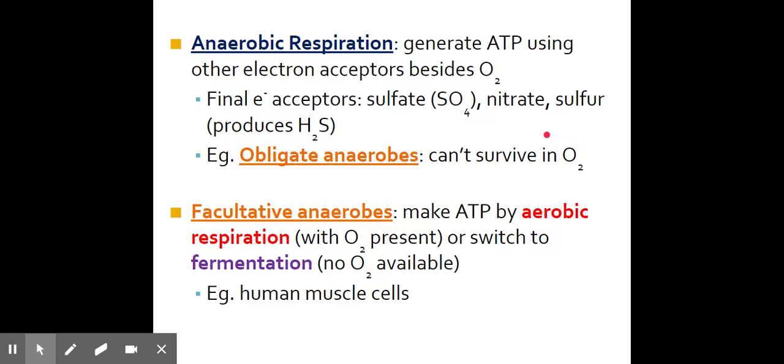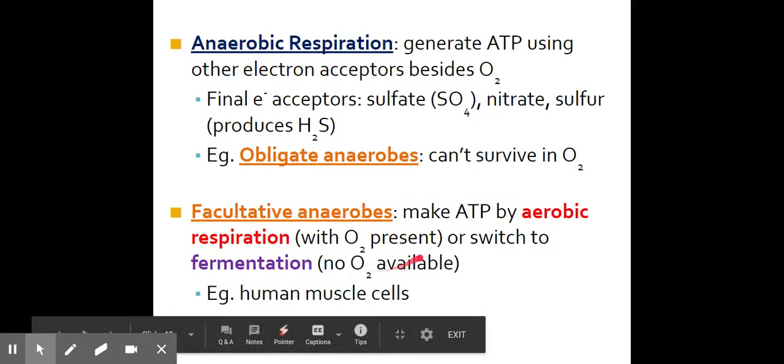So there are some organisms that can't survive in oxygen, so they're going to perform anaerobic respiration to still get the energy they need to survive. And then there are other ones called facultative anaerobes, which will go through aerobic respiration when there is oxygen present, and they might switch to fermentation when there isn't. And so that's an example of us as humans when we're exercising and get to the point of